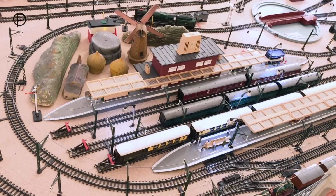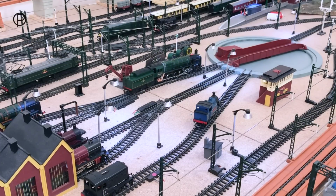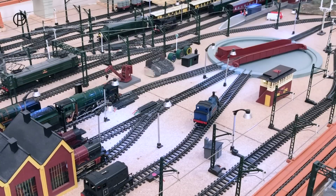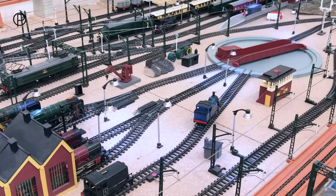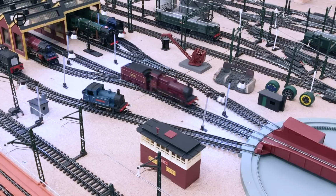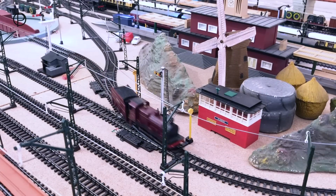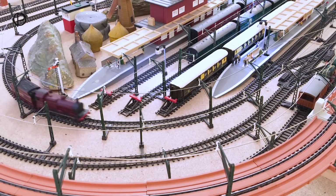Which is such a smooth run of this model with all those pickups on the wheels. Lovely stop there on the turntable, and we'll rotate clockwise. And then we'll take her backwards into the engine shed. We've got the 3F tender locomotive sitting there next to the Maroon Princess, and we'll bring her up onto the turntable once we've got it rotated counterclockwise. There we go. Now she goes. A little bit of a start there, and out onto the inside line with close points 18 there, and off